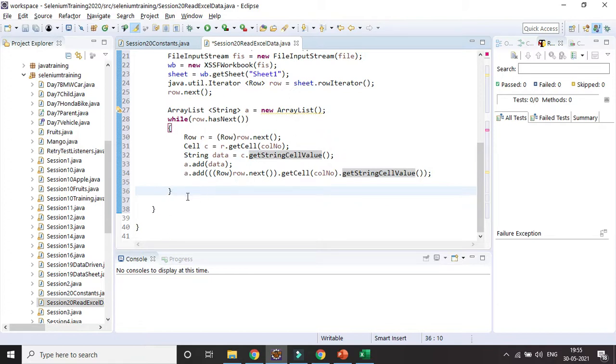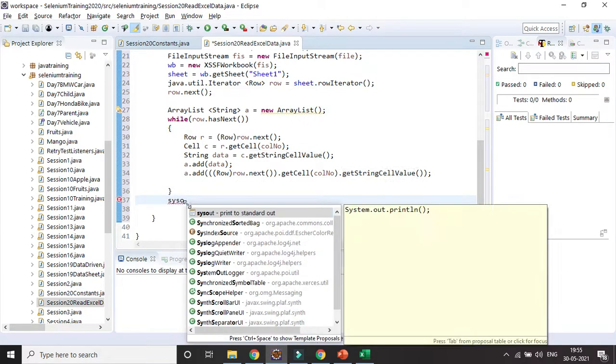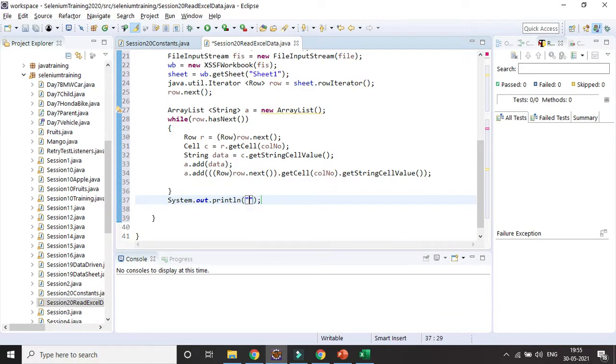So iteration is done. Then if I want to print the value, I can print it with sys. If you want to give something, so list. What do you want to print? Definitely you will be printing the A, and definitely you need to return that A. After that it will be successful. So that A I will be returning, whatever I have created and stored in the array list. So return A. That is the lines of code you need to write for reading the data.